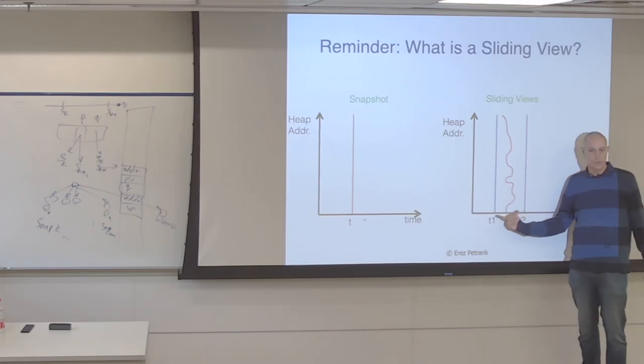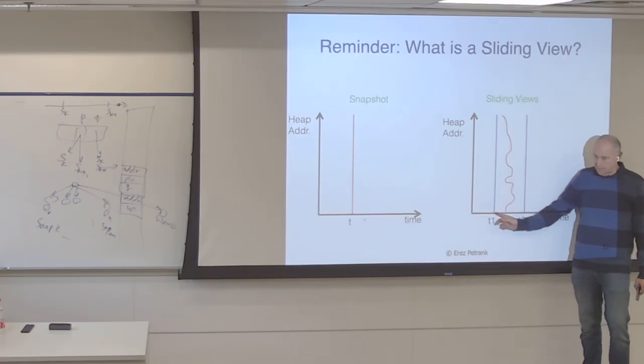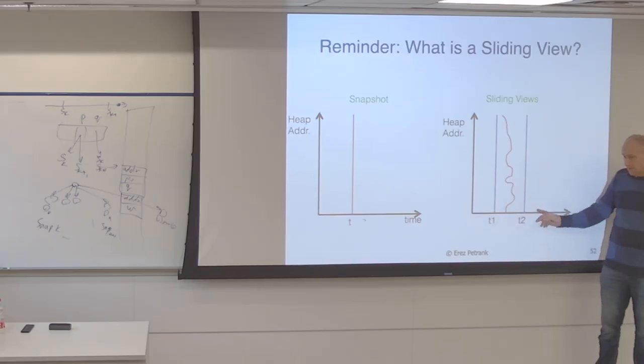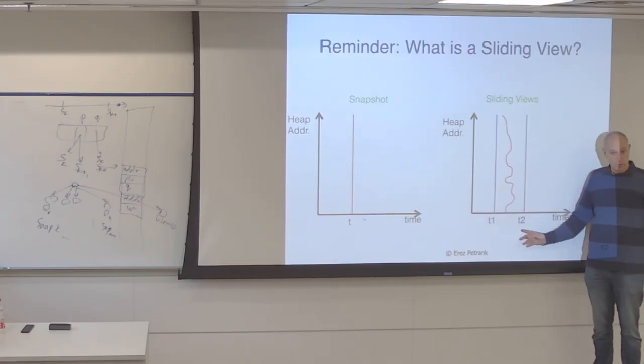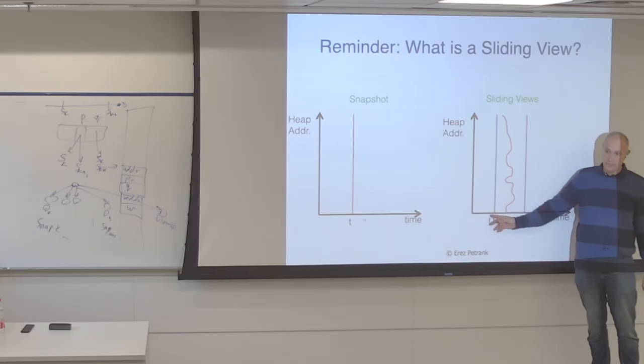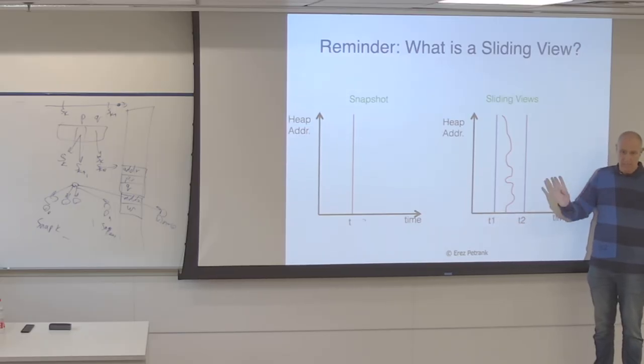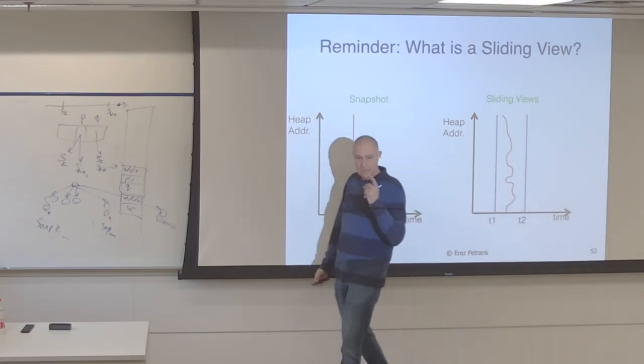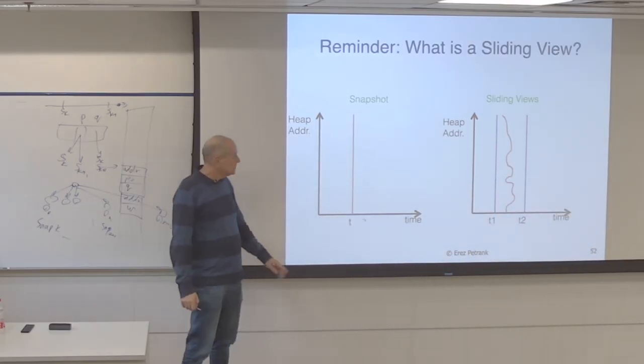You remember the methodology said, if your collector looks at the heap between intervals T1 and T2, and everything that it sees is from a view that's between T1 and T2, and if you do snooping all of this time, record new objects that get new pointers and treat them as roots, then you're seeing something that has more pointers than a snapshot at T2. So if you're seeing this, then you know you will not lose any object. And